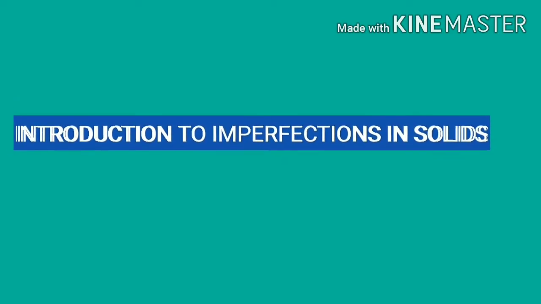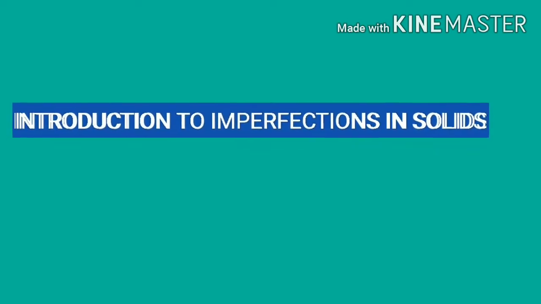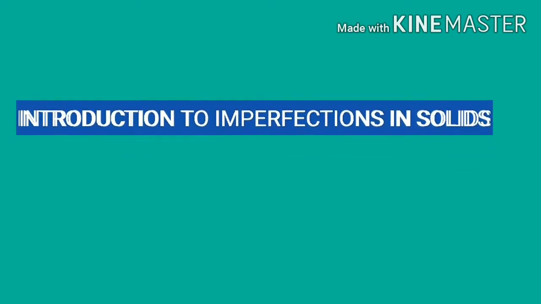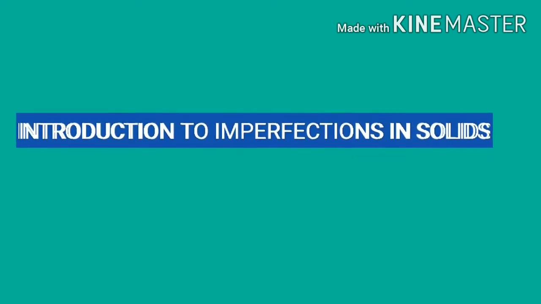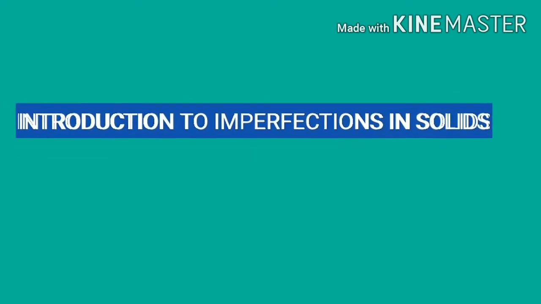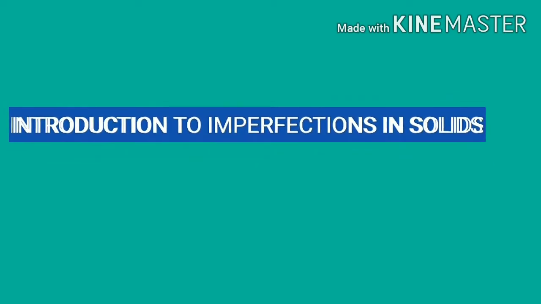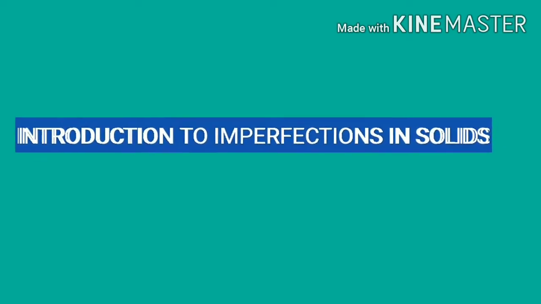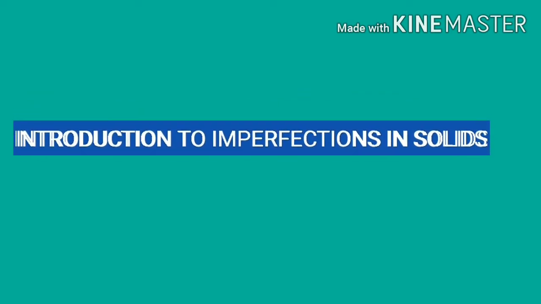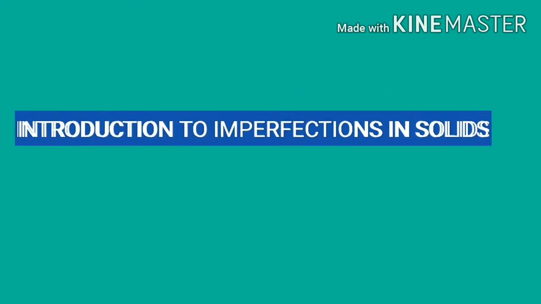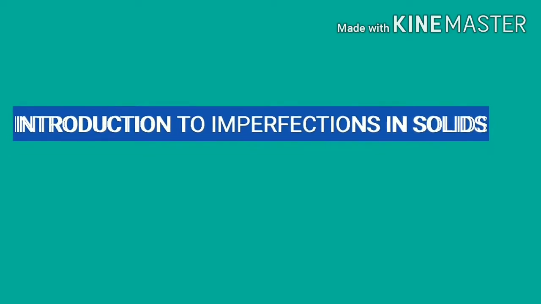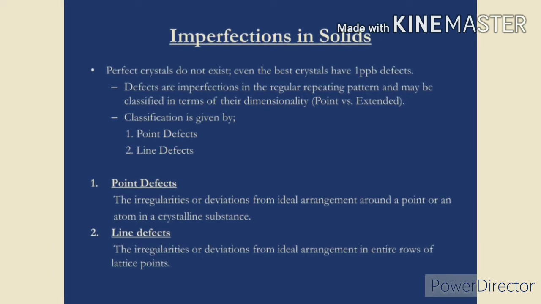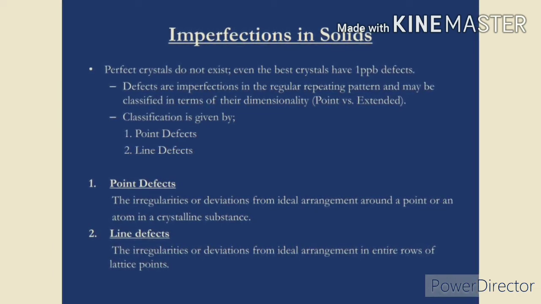So students, we have already studied that in an ionic crystal, the same unit cell repeats in the entire crystal, but in actual this is not possible. This is possible only at 0 Kelvin, and at temperatures other than this, such a three-dimensional regular arrangement does not exist, the reason being very high packing of crystals or granules in solids. Practically speaking, perfect crystals do not exist. Even the best crystals contain 1 part per billion defect,